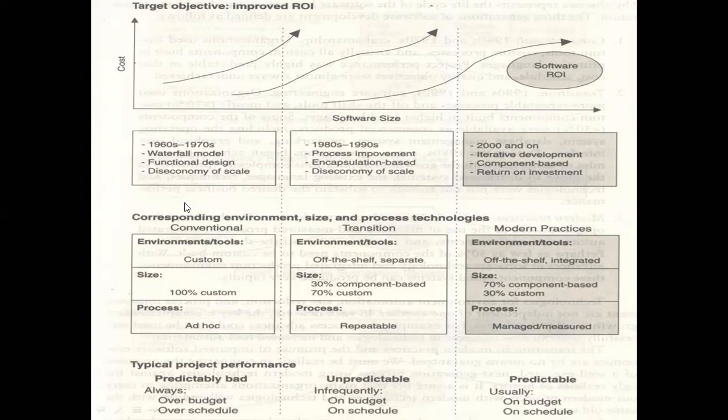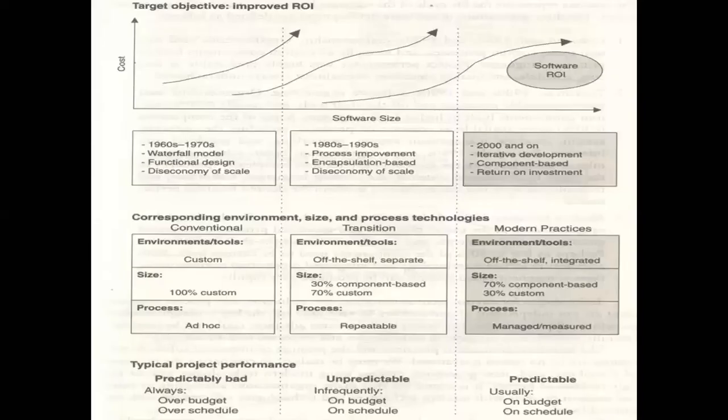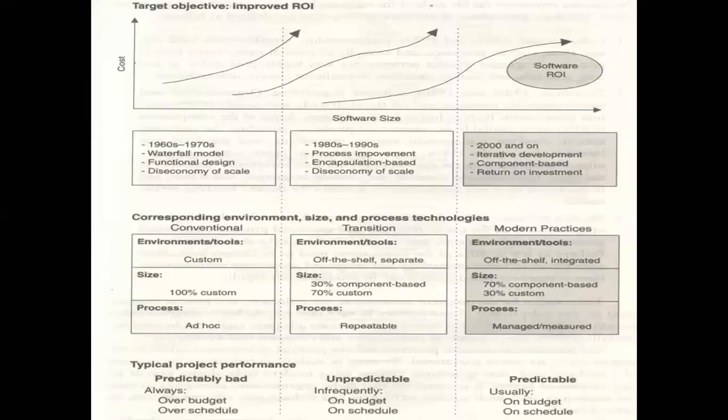So I don't think I should go further than this. It will complicate the understanding of certain things. Up to this point, you have to know return on investment, this graph, how according to the budget and the size of the things, the return on investment has increased, people getting benefits, the software developments, and this transition that has come from conventional to modern practices. You have to remember what the tools being utilized were in conventional, transition and modern practices. Processes were immature, it became repeatable, and then it became managed and measured.